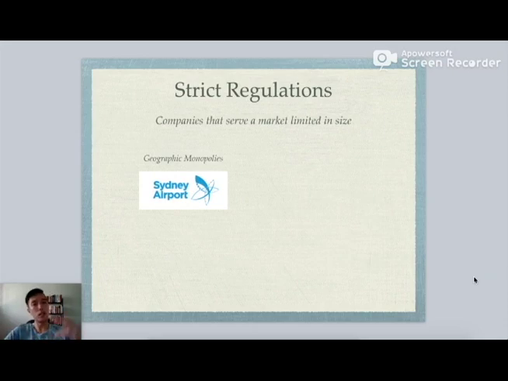For example, Sydney Airport, a listed company. In the country itself or in the city itself, generally you have about one, or if your city is big you probably have 2 or 3 other smaller nearby airports that support it, but usually the main one. So you hardly ever see 2 big airports side by side run by 2 different companies. These kinds of companies usually have what we call an economic moat because they monopolize a certain area, and an airport is highly regulated. No country in the world will give regulation approval to run 2 different airports concurrently.